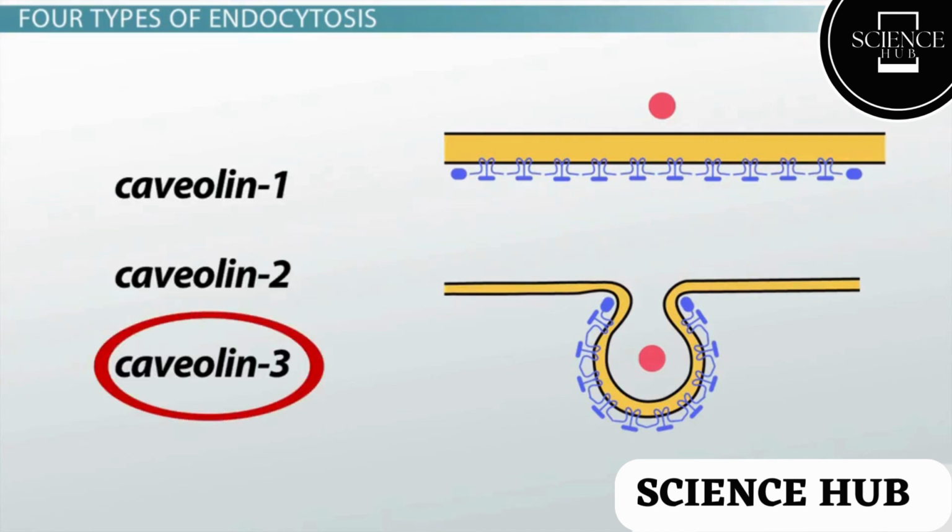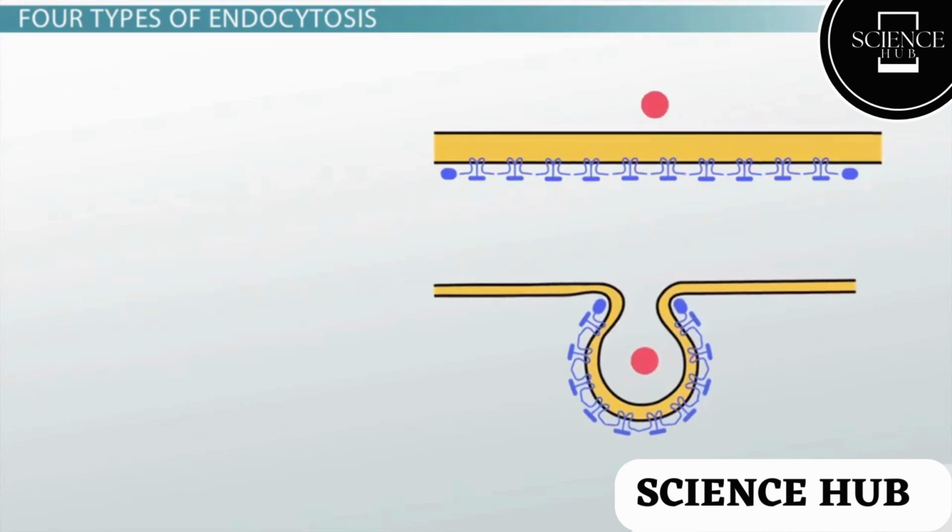Cardiac and skeletal muscle cells employ only the caveolin 3 type of protein, while smooth muscle cells employ all 3 types. Caveolae-based endocytosis